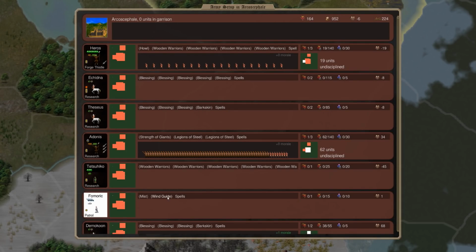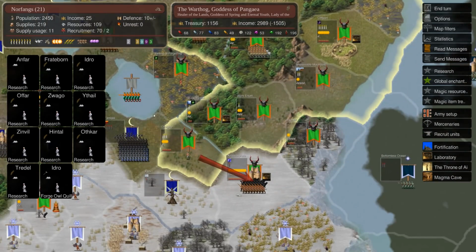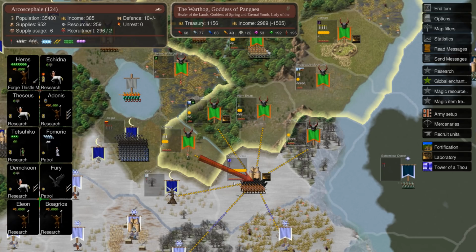Probably not enough. Honestly, the best way to kill him is going to be with air magic, though. So you can Cloud Trapeze these guys in. He's probably going to attack you this turn, which is kind of the unfortunate...